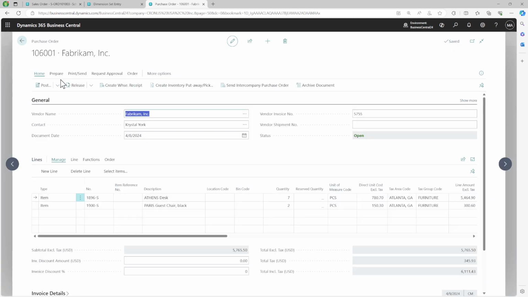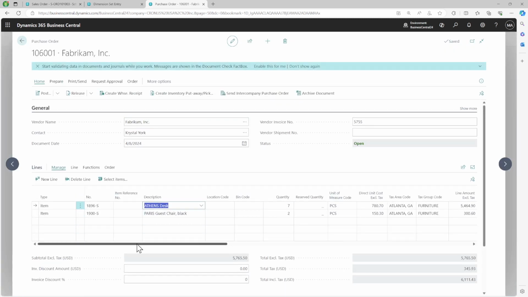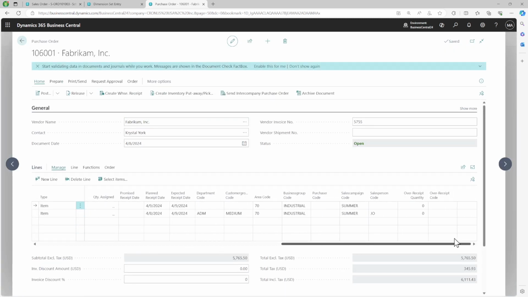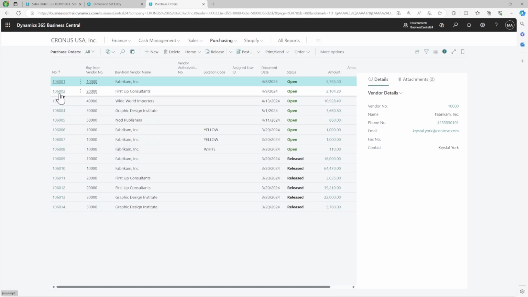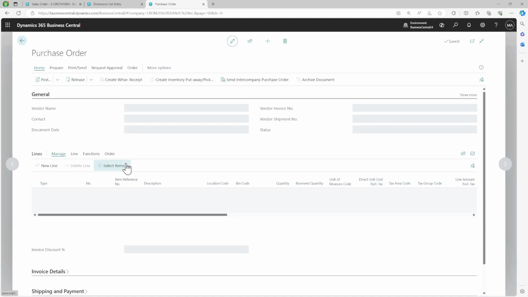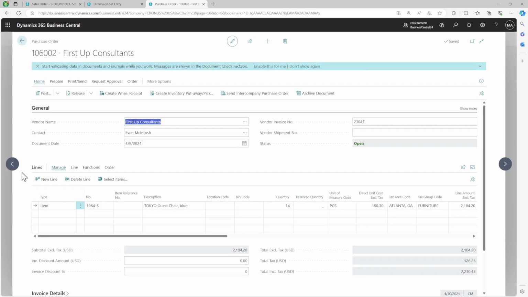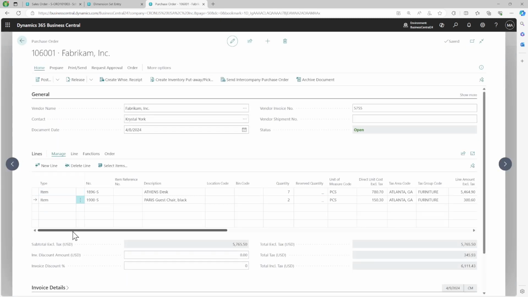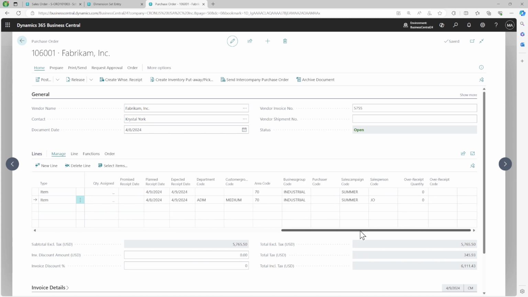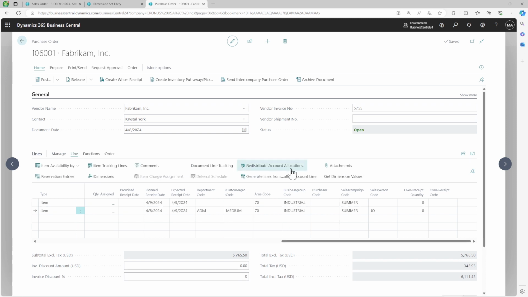So let's see. Okay, here they are, and not this one. Okay, I'm always confused about which one I have put the values. So let me see, are there 2 lines? No. In this there are 2 lines, yes. And do I have dimensions? Yes. Okay, so now what I'm going to do is go to line, and I should have an action get